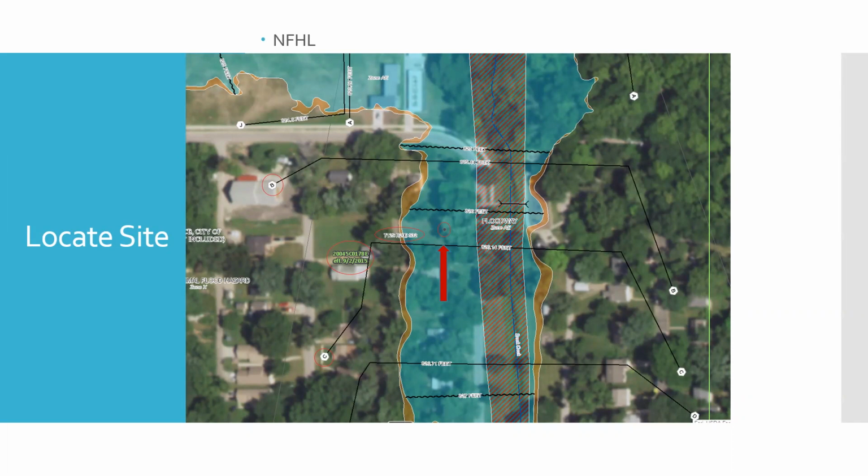And so clearly I'm closer to cross section C than B. And I'll show you that measurement, but our BFEs for the application and for elevation certificates need to be to 1/10 of a foot. And so sometimes developers will look at the squiggly line that's right next to the site that says 826 and just put 826, and there's no decimal place for that. And so we want to watch out for that